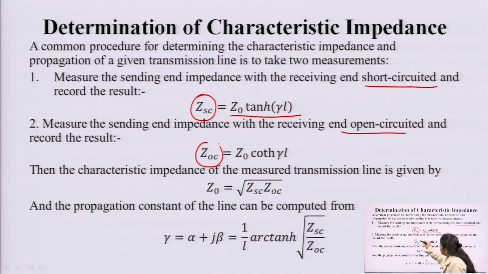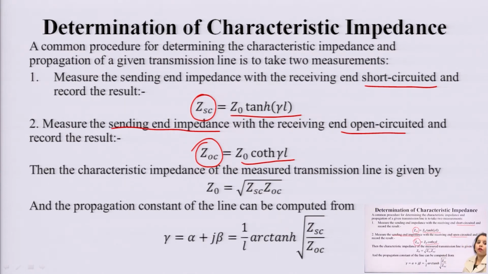In that case our impedance will be replaced by ZOC, that is open circuited, and when we put the values in the equations already derived in the last lecture about the impedance from the sending end, we will get Z naught cot H